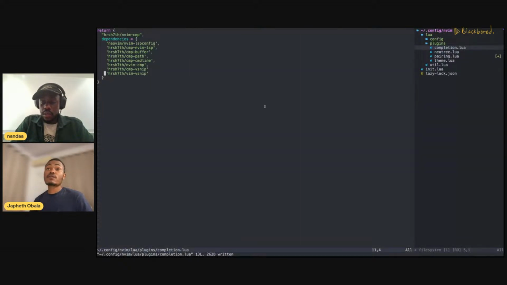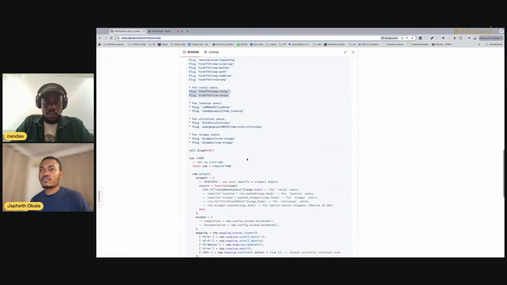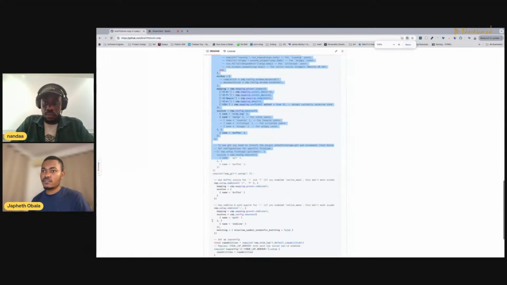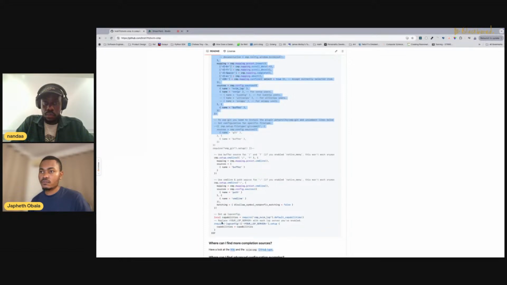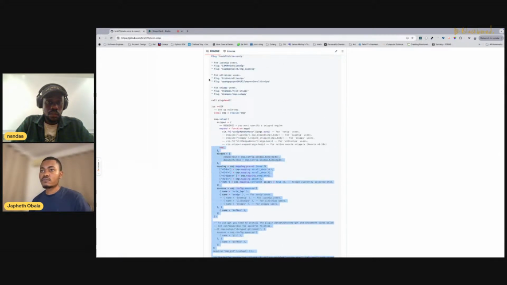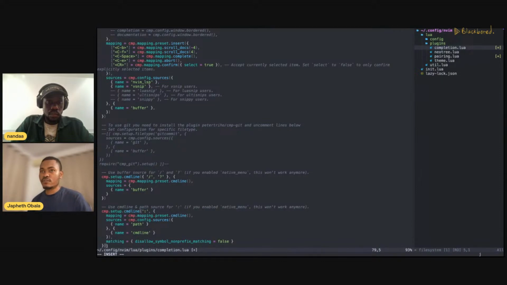Anyway, now we have the dependencies. The other thing we want to do now is add the configuration function. For the config, I'm just going to paste everything under here, how to set up nvim cmp. Let me minimize that a bit so that I can copy everything. There's a lot of text to copy. Paste that. So that will set up